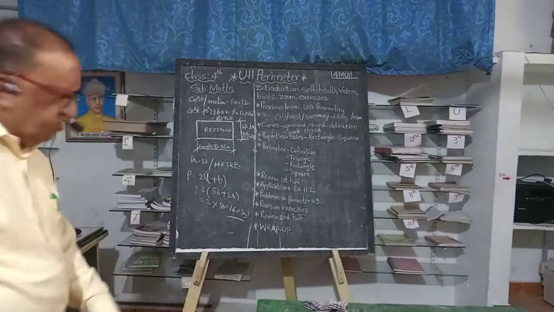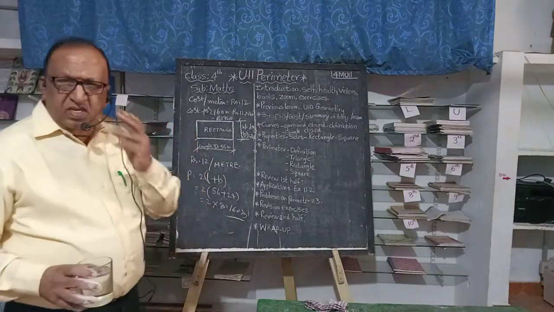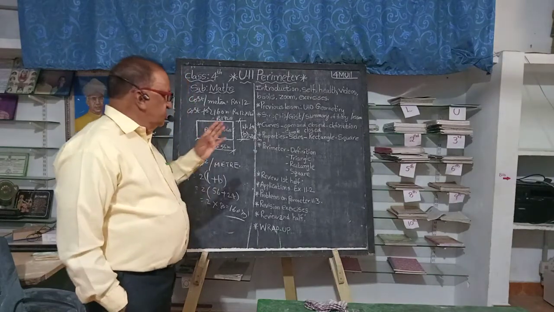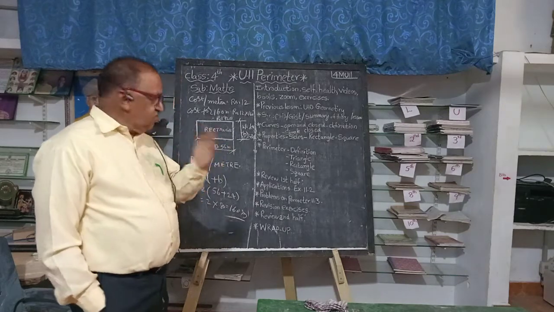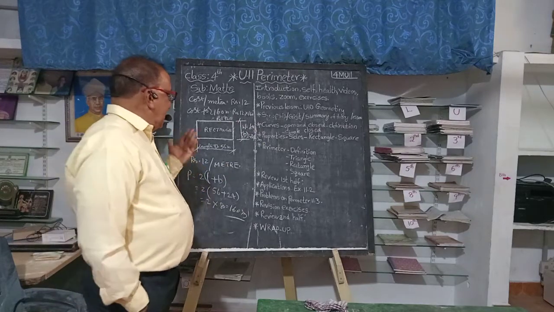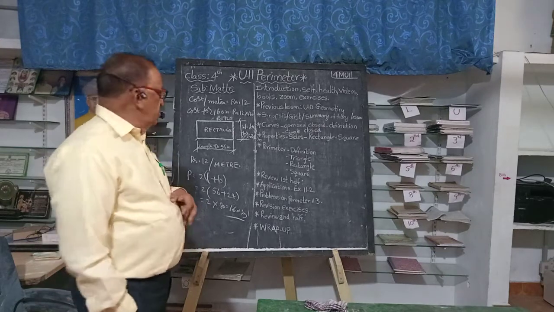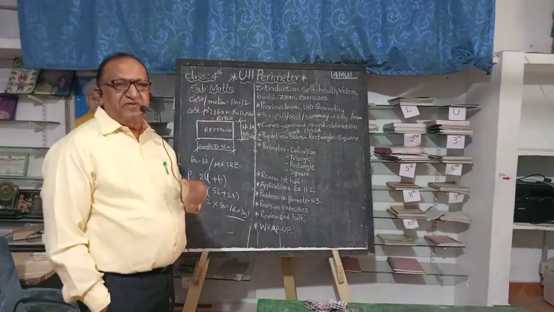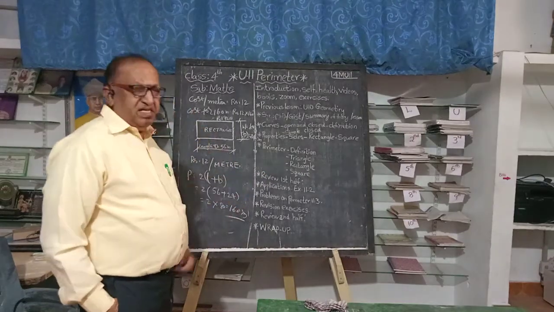So today I taught you what is a simple curve, what is a closed curve, what is an open curve, what is a simple closed curve, and also we studied about rectangle and square, and the sides relation: in a rectangle, opposite sides are equal, and in a square, all sides are equal. Then I gave the definition of perimeter. Then how to find the perimeter for a triangle, rectangle, and square, we did all of them. Then we did some practical problems also.